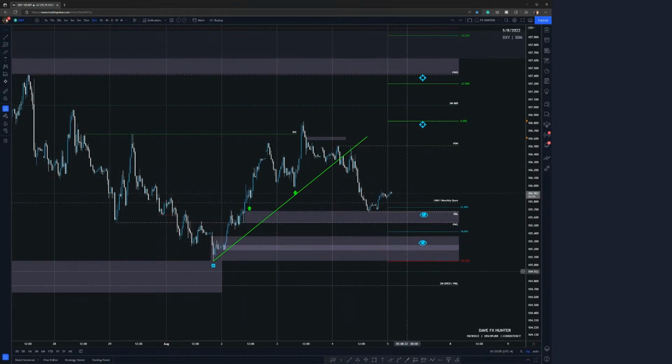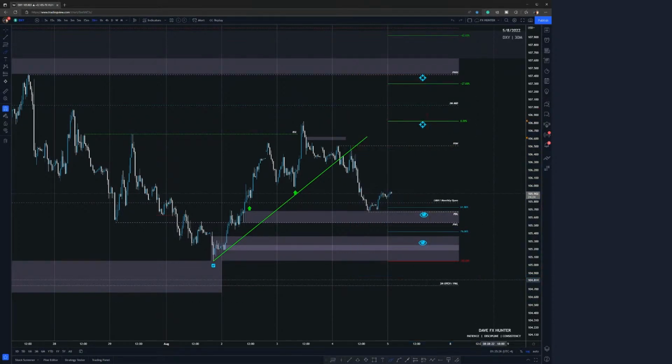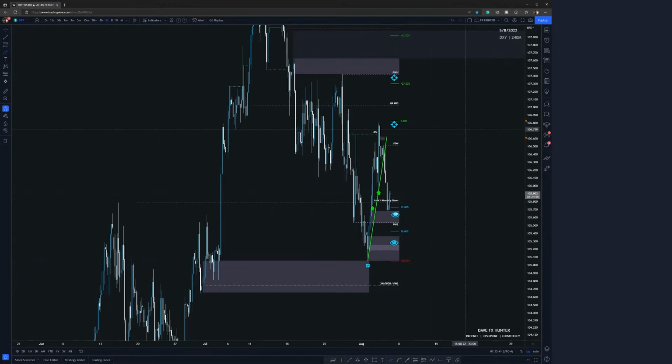So I believe that if they entered shorts here, now where do they put the stop loss, right? That would be a nice entry like this, expecting the price to come down. But where do you hide your stop loss? Here, above this high, sounds good. Maybe above this one to be more protected, and above this one, which is the previous week high, right? That would be maybe better because you have more room if the price does something like this before it drops, right? Yeah, but the problem is that many people are thinking like this, and if they're